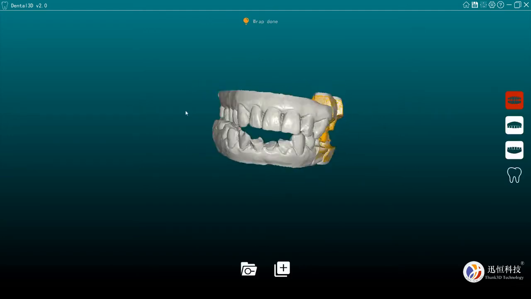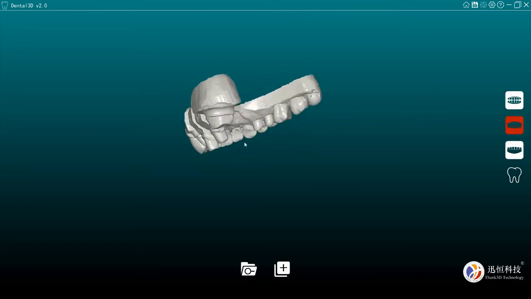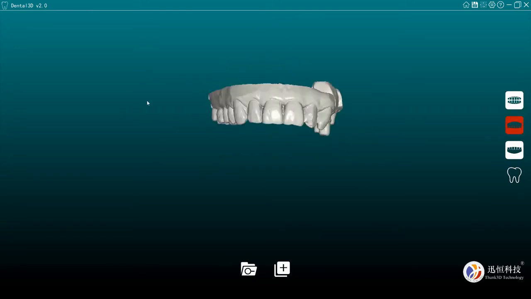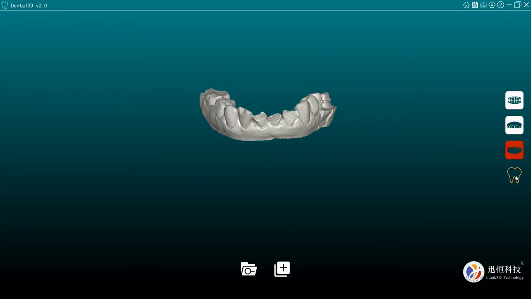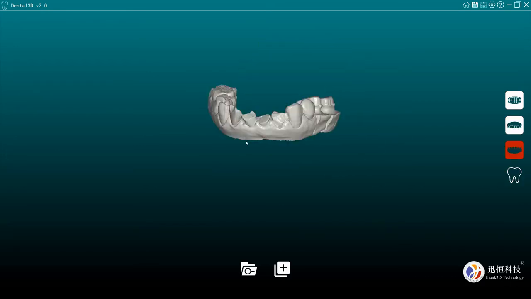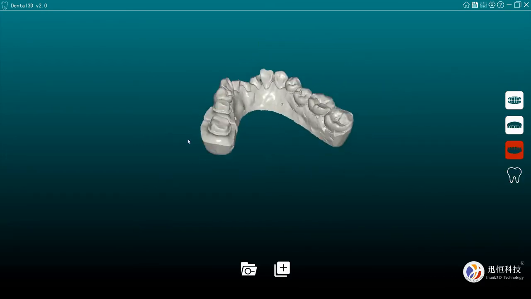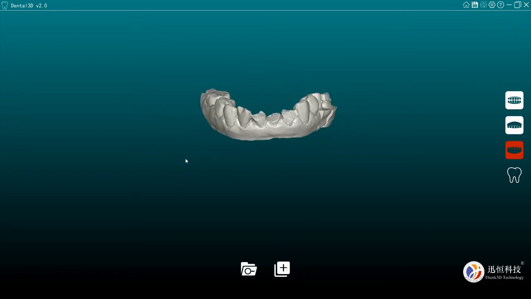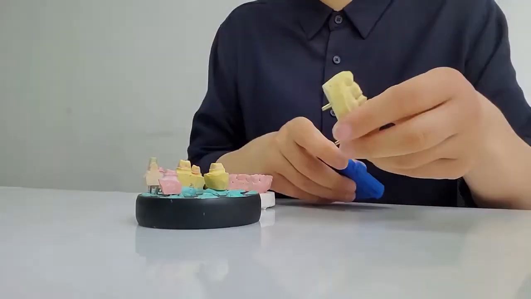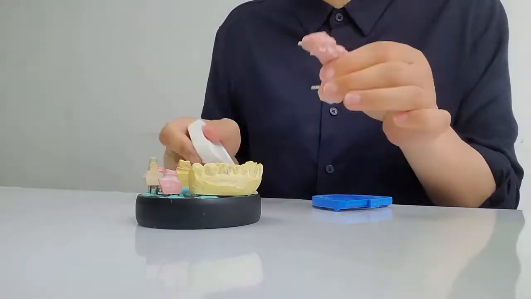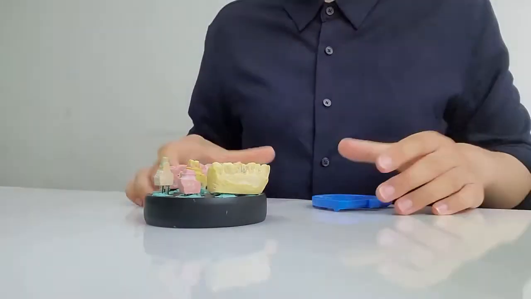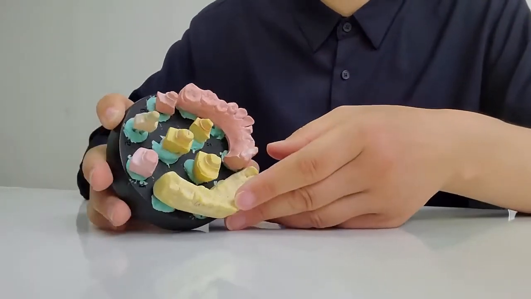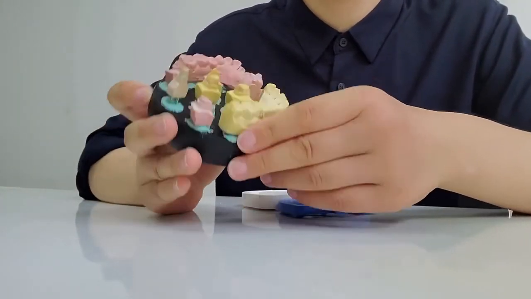After bite scan, upper scan, lower scan, die scan, 4 steps, we get the 6 single teeth. A little time consuming, but the procedure makes very strict alignment. For users who want more efficiency, we could do all-in-one scan. That's to say, we could align all tooth bits only by bite record, skipping the upper and lower jaw scan